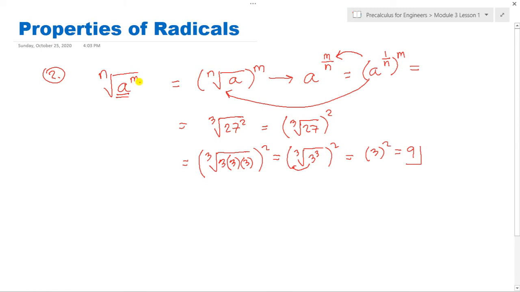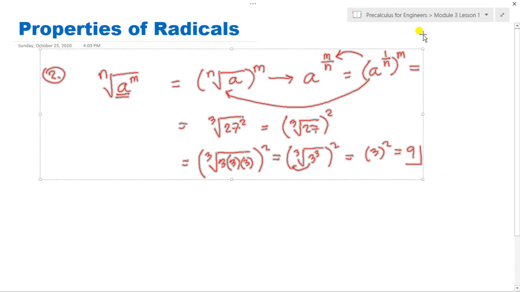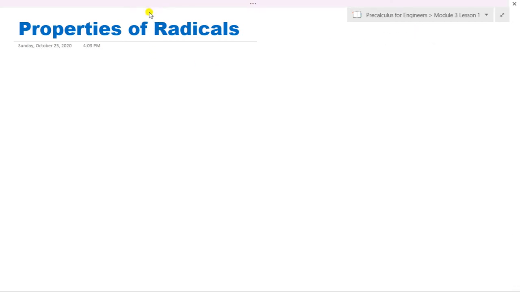You will do some manipulation first in order to extract that exponent. Kasi in this rule lang, only one number or one expression a or term is raised to the power of m. So therefore, yan lang yung pwedeng ma-extract mo sa ganito na property. So let's jump to the third rule. So remember the second rule. So sa third rule